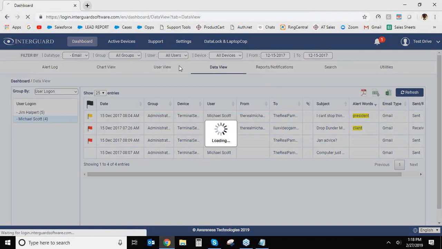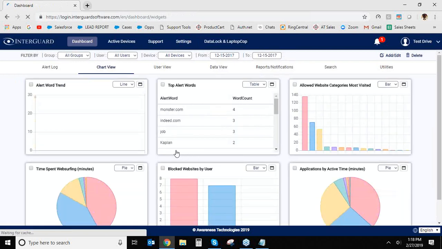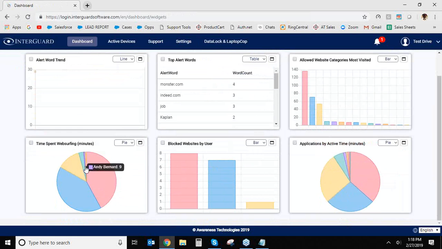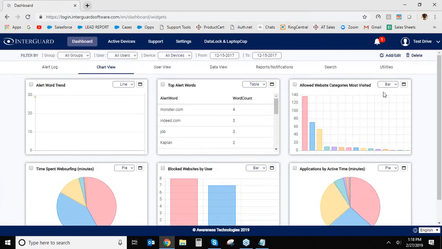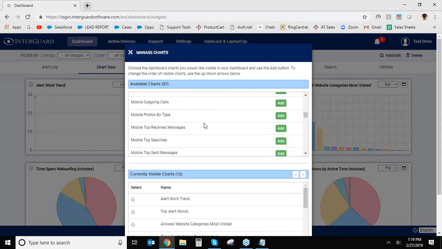So to show you just first what some of these charts or graphs look like, you can go to the chart view. And see that there are many different charts to choose from. You can hover over it. It will tell you kind of who makes up that part of the pie. You can change what type of graph you want. And as I was saying, all of these graphs, and there are many to choose from, you just go to the Add button up here. You have about 50 or so to choose from,